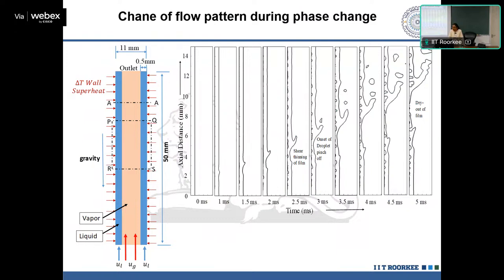We started with an annular distribution, so you have vapor inside and liquid outside. We have a certain degree of superheat at the wall, and the liquid is saturated, as is the vapor. So when the flow progresses,